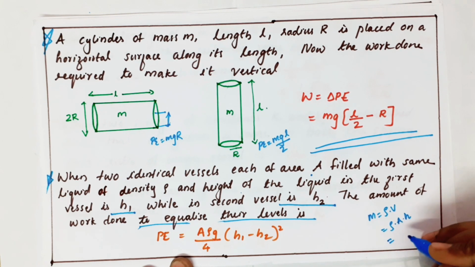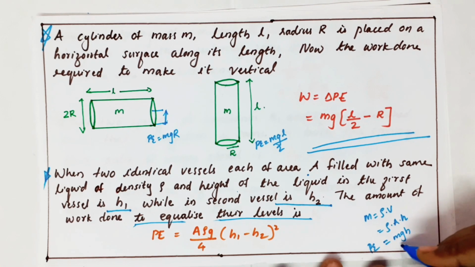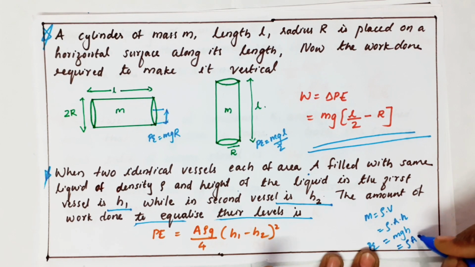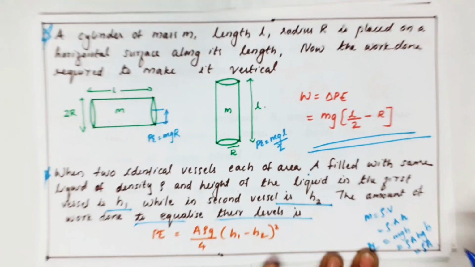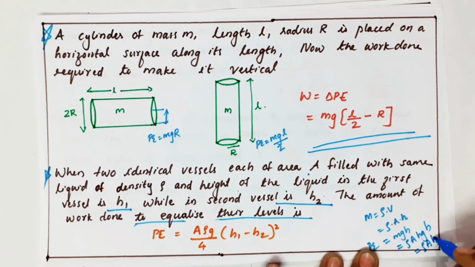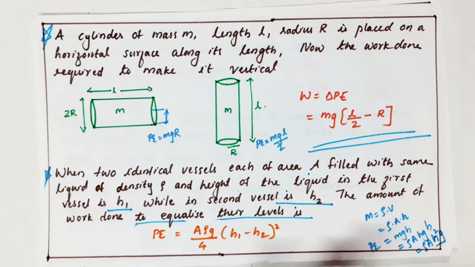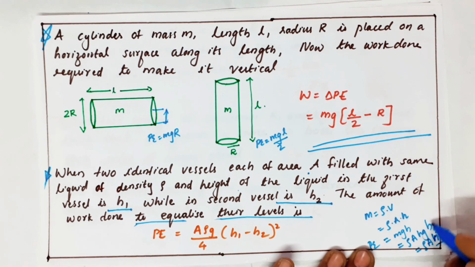So this is what they have written. If you need the potential energy, we know that it is mgh, right? So m itself I can write as rho a h, and multiplying by g into h, I will get the equation rho a h square g. So you don't get confused from where I am getting this. And remember, in this type of question, h will come as h by 2.